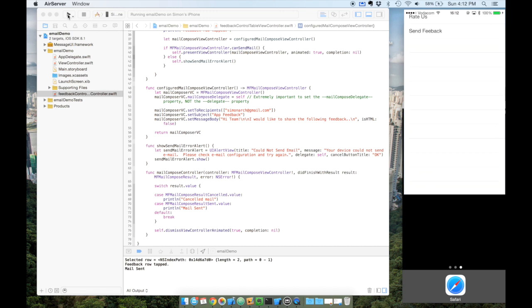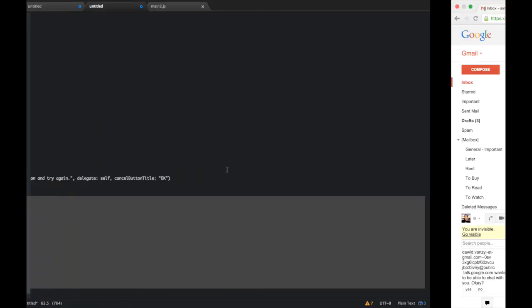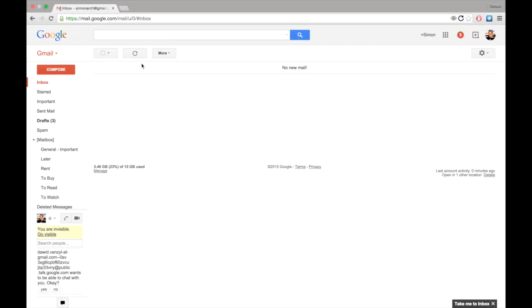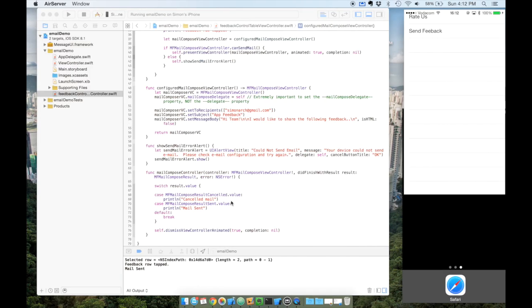The view controller dismisses, and you'll see that "mail sent" was called because it received the mail compose result sent value. And if we now go and look at our email, you'll see that we have our email. So the email was sent. There you go. Cool. So now you've just created a basic email function in your